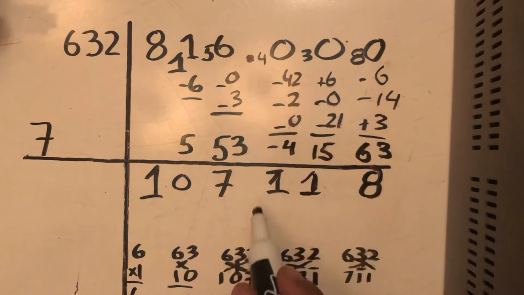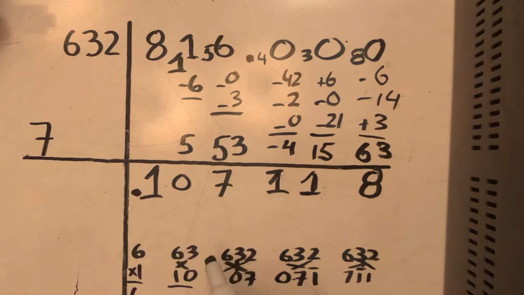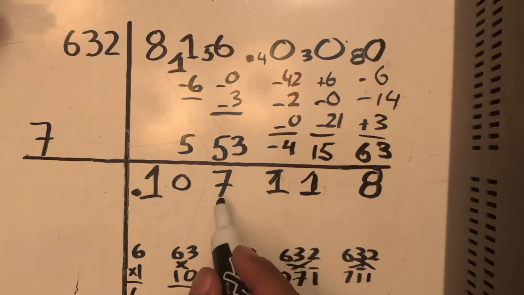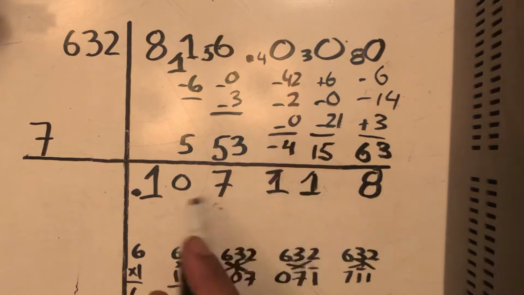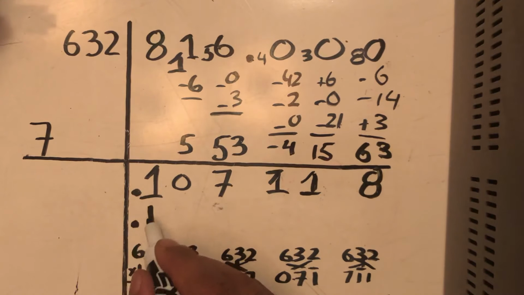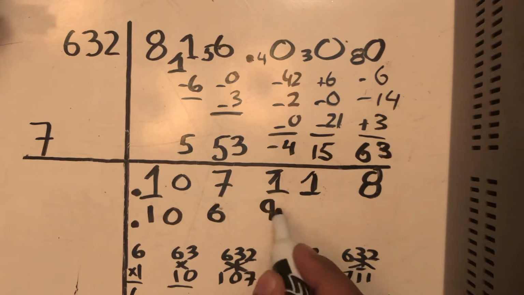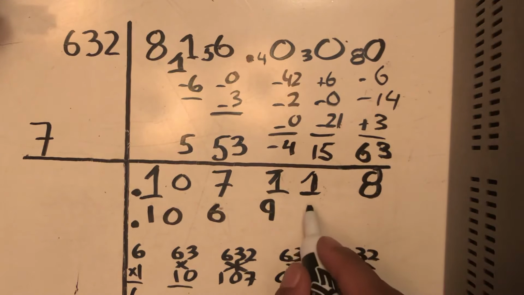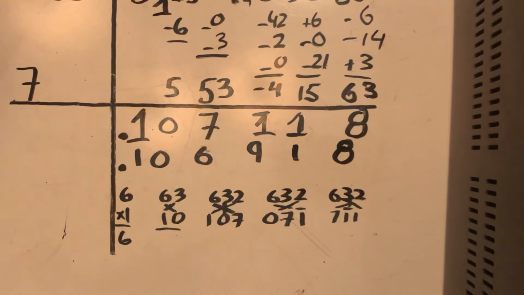If I want the decimal, I'm going to bring it down and move it over 3 spaces to the left because I have 3 flag digits. So I'm not finished yet, even if I want a percent, because I have 7, and then a vinculum 1. So that just means you want to interpret it as 70 minus 1, which is just 69. So let me adjust the decimal first. I have 0.106918. Okay? And if we want to get it as a percentage, we can say it's